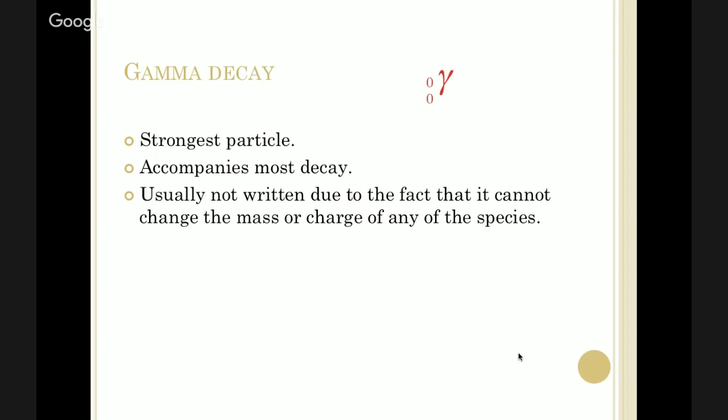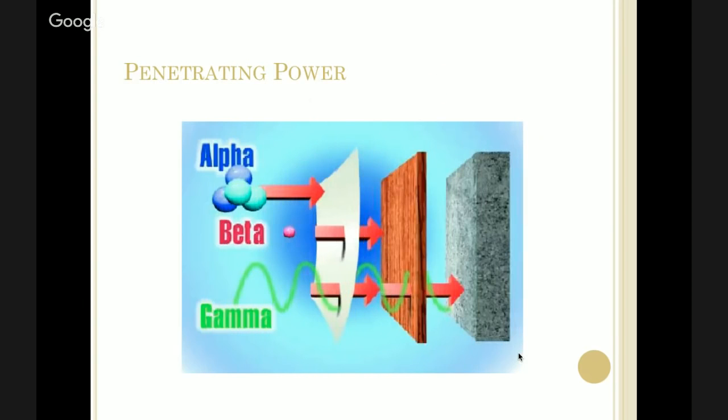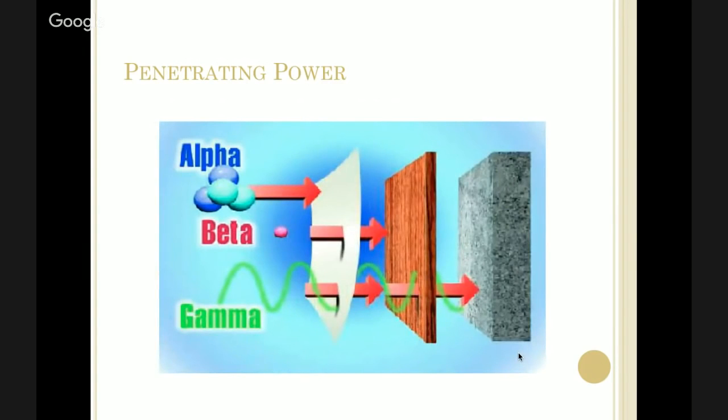So when you are decaying a radioactive isotope, even though it might be emitting alpha particles, which are not going to hurt you, it's emitting almost like silent gamma particles as well, and that is the part that we're worried about. So in terms of penetrating power, you have alpha particles, which are huge protons and neutrons that can't even penetrate paper. You have beta particles and positron particles that can penetrate the paper because they're still small, but they'll be blocked by wood. And then gamma particles are so strong because they have no mass and no charge that they can penetrate both the paper and the wood, but might be stopped by things that are really dense like lead or concrete,